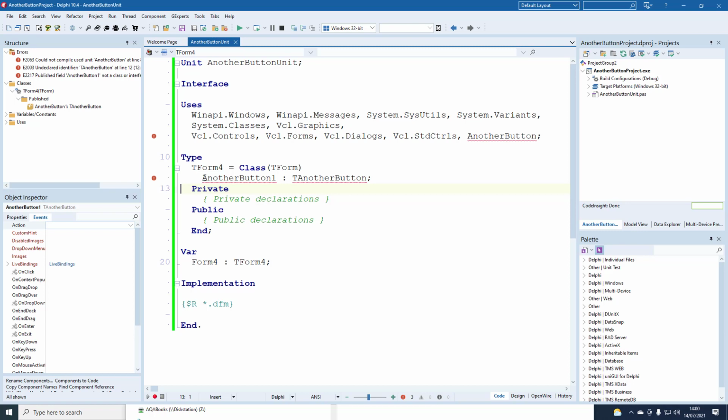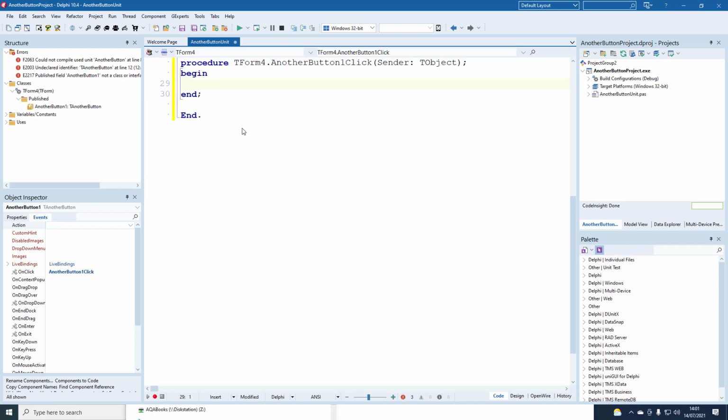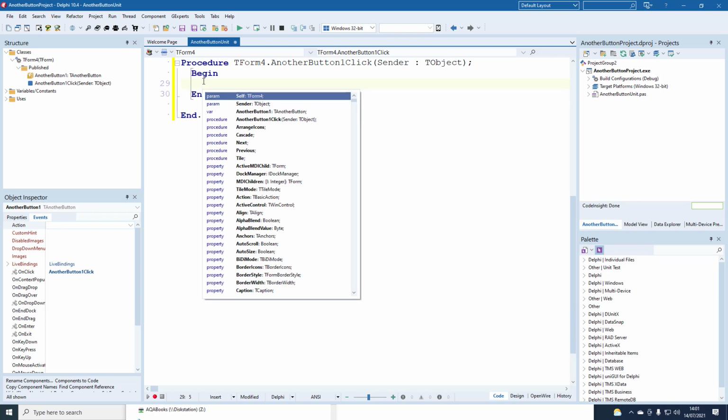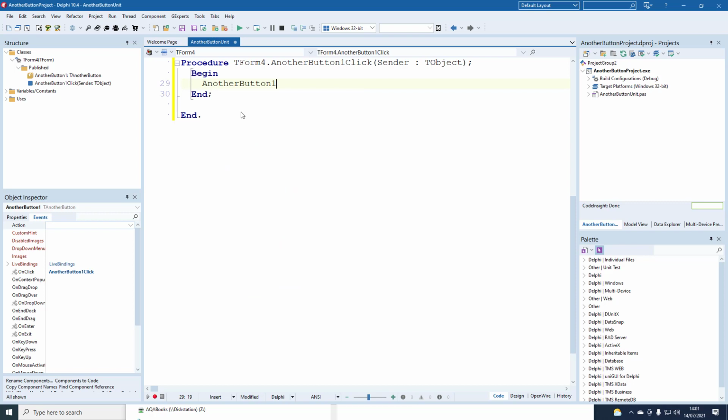Now, although the underline hasn't gone away, if we now compile and run it, it will find the another button.pas unit. When you save without any body in an event handler, Delphi removes the event handler. So if we do Control space, we can actually find the another button 1 variable,